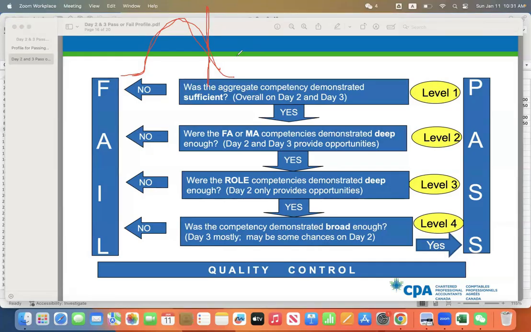Let's put it that way. So you have to be in the top 70%, provided you have already passed levels 2, 3, and 4. Your total marks have to be in the top 70% for you to pass level 1. And then you're going to pass the CFE in general. You know that. And then I've seen students who have passed levels 2, 3, and 4, but failed level 1.